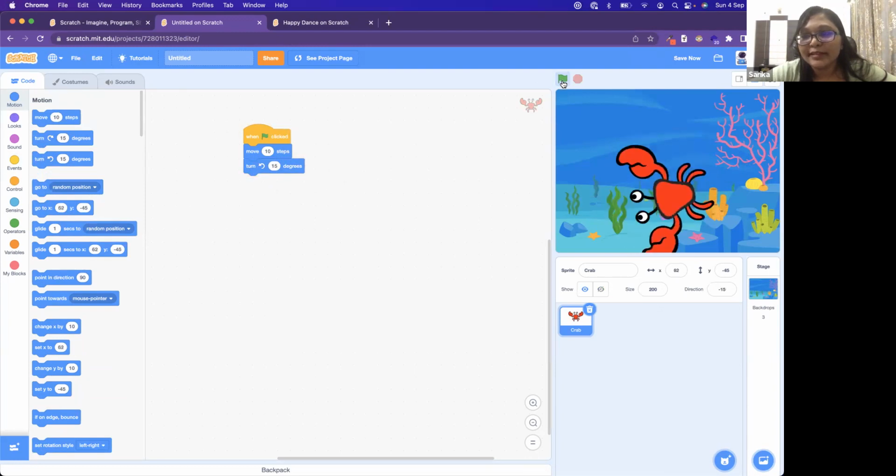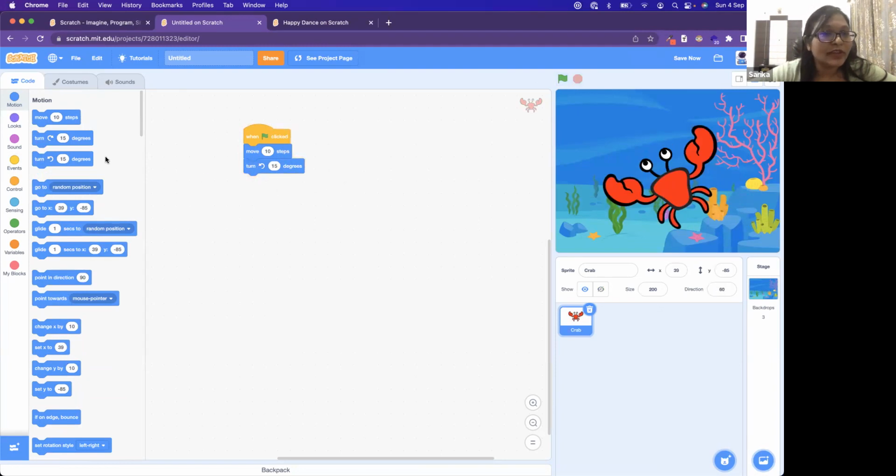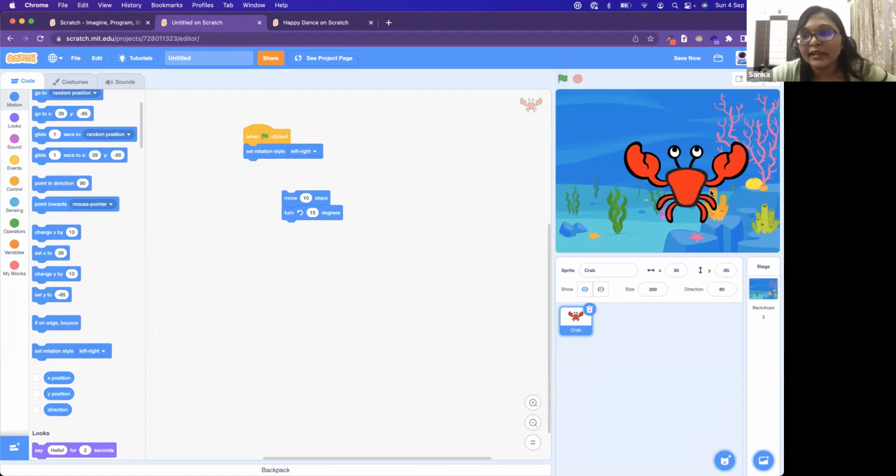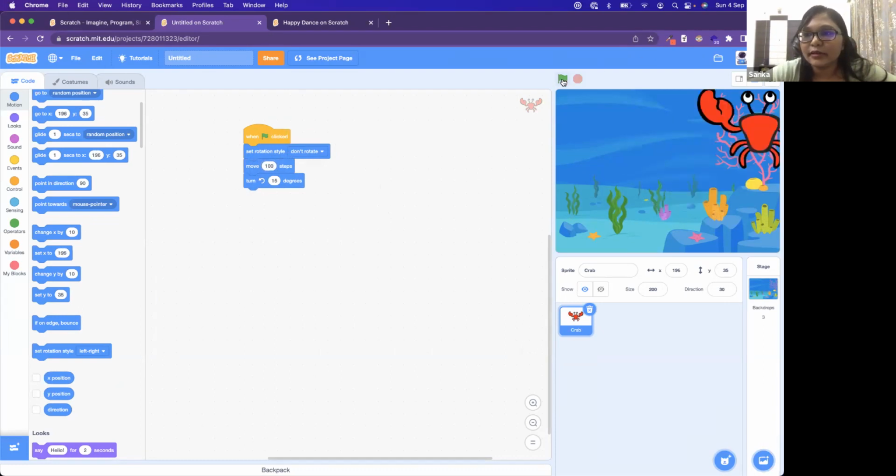So it's moving a little bit and it is turning, but the other crab was not doing so. So what must we do? Here are a few interesting things that you will have to learn and remember, but it's very easy. It's not a difficult thing. What I want is for the crab to change direction. I don't want it to rotate. It should only go from one place to the other. So for that, we can set the rotation style to don't rotate for the sprite. And then let me see what it is doing. I'll increase the steps a little bit so that it is